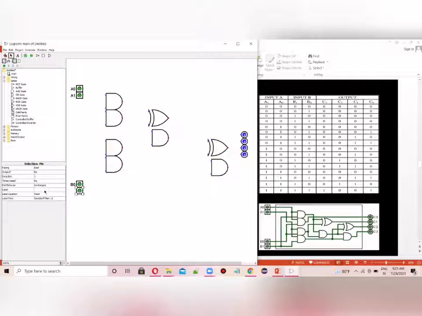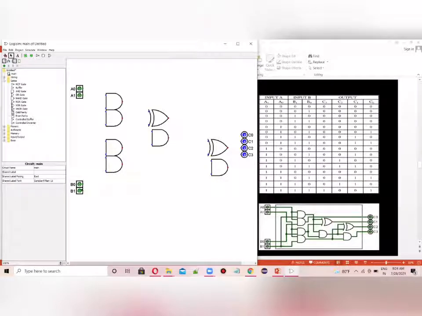Now it's done. Now let's change the outputs: this as C0, this as C1, this as C2, and this as C3. Now it's done.